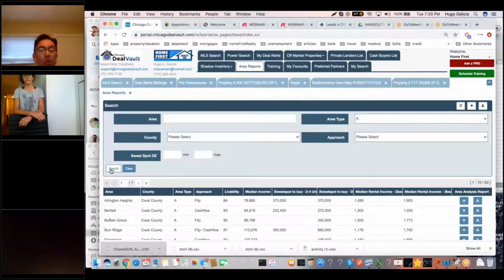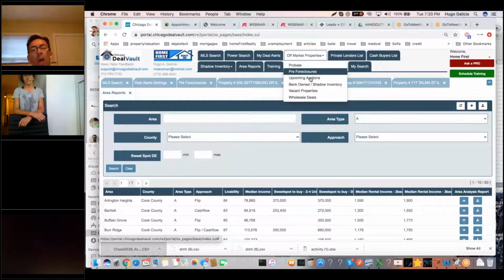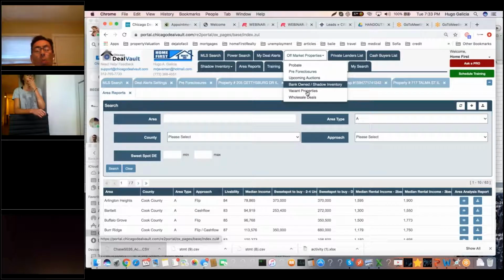So we're gonna go into pre-foreclosures, upcoming auctions, and bank-owned properties in these areas right here. So we are going to find deals that have equity and that have cash flow should you decide to do a buy and hold, okay? We will not only analyze the flip, but also the rent approach, and then give you the owner's contact information, because these are technically not for sale, so you need to connect with the owner directly via phone, email, or